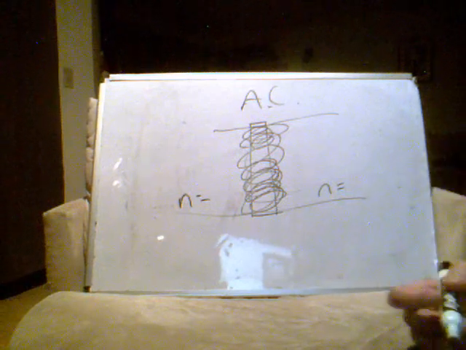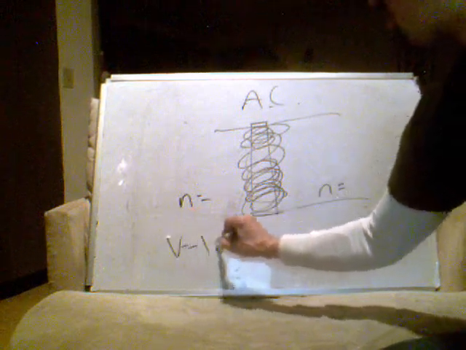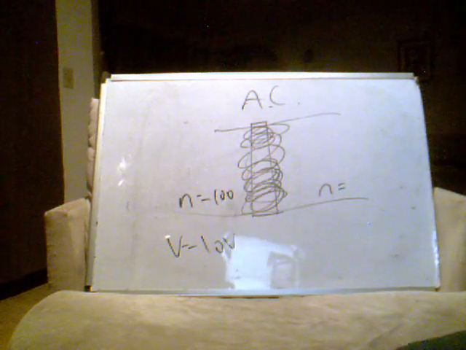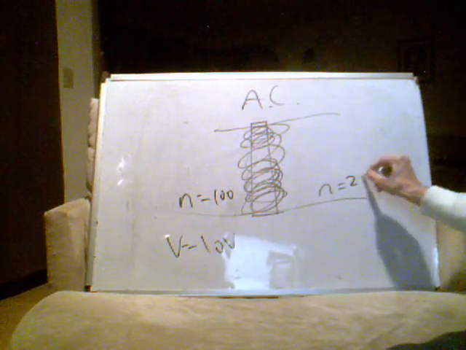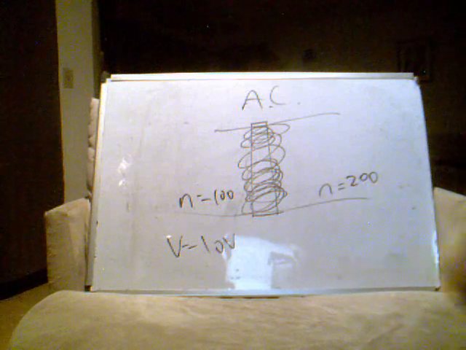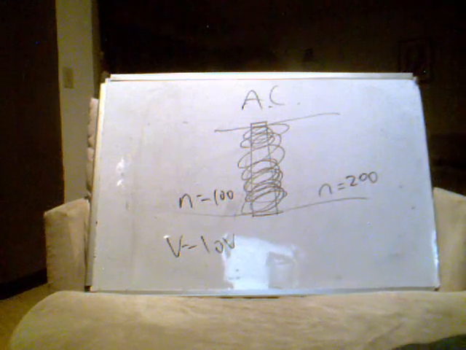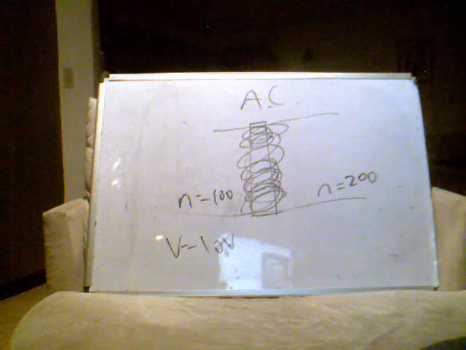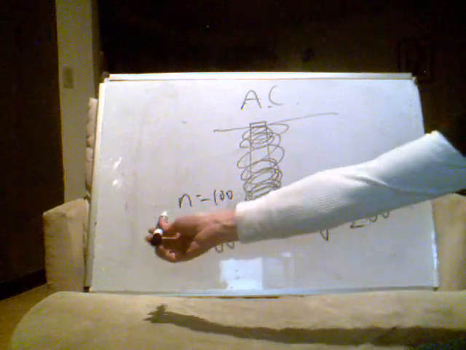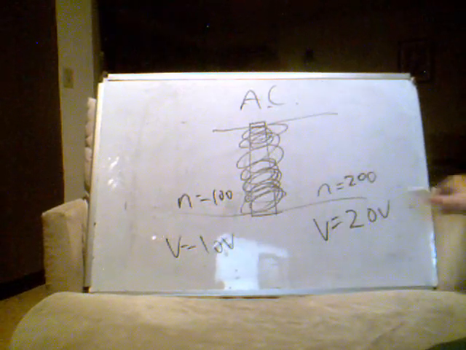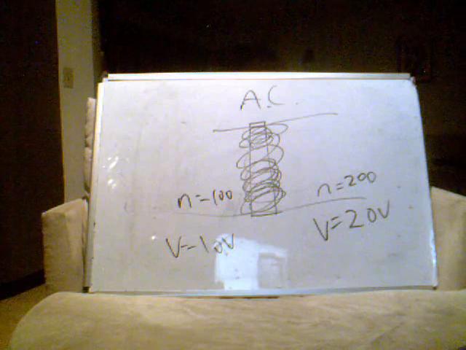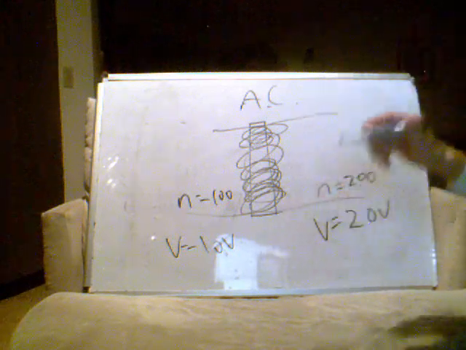Now, let's say that this has a voltage of 10 volts, and this has 100 turns of wire. Okay? If this has 200 turns, that's twice as many turns of wire. That means it's going to be twice as magnetically susceptible, and Faraday's law is going to generate twice as much voltage, right? So the voltage here should be 20 volts. So we feed in 10 volts here, and we get 20 volts out. This is what we call a step-up transformer, and this is like what you have at power stations. Because power lines